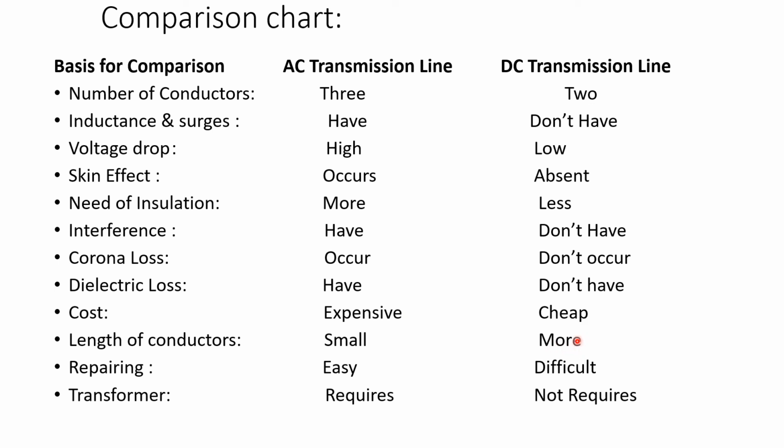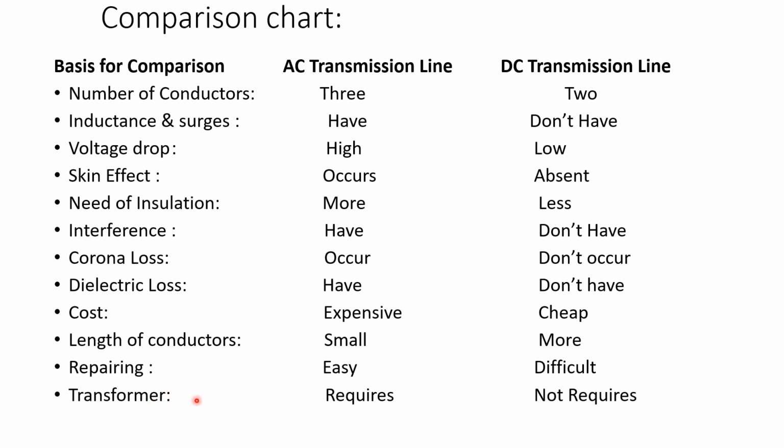So we can say DC transmission lines are mainly used as the DC link line. That is very important for technical exams. DC link lines, that is the use of DC transmission lines in India normally, in order to use them as the DC link line. Okay, and the repairing of an AC transmission system is easy when compared with DC,